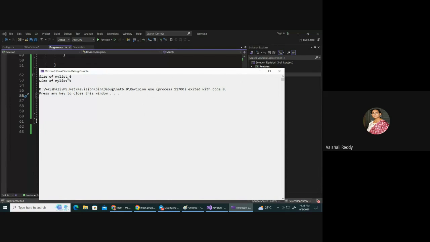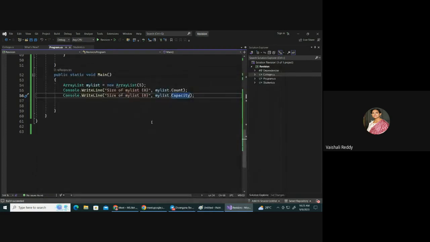So right now there are no elements, so it is showing the count of elements as 0 and the size of the array list is 5. Correct everyone? ये समझ में आया? आप या तो blank create कर सकते हो और you may specify the size. So number of elements